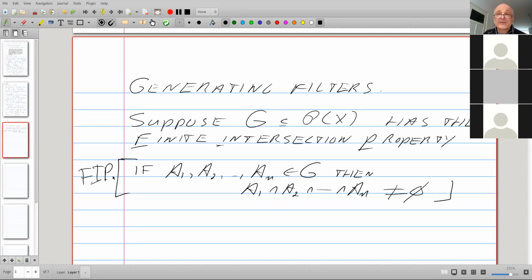You may have seen this in some topology class where the talk was about compactness. Compactness can be characterized as: if you have a family of closed sets with the finite intersection property, then the full intersection is non-empty as well. So if that sounds familiar, then you know what the FIP is. But if you have a family with the finite intersection property, then there is a filter